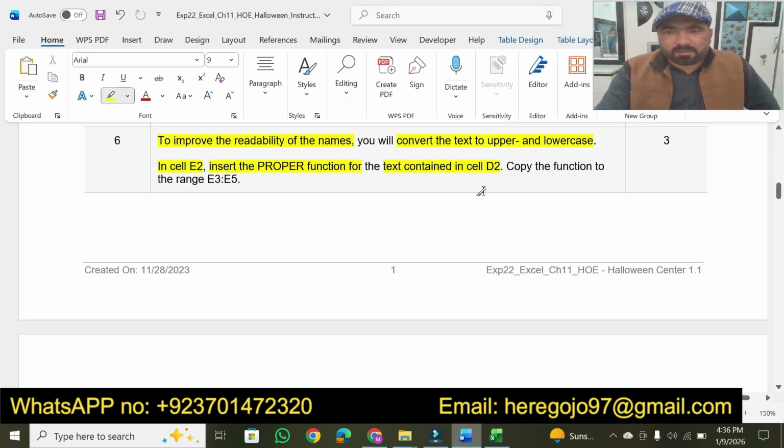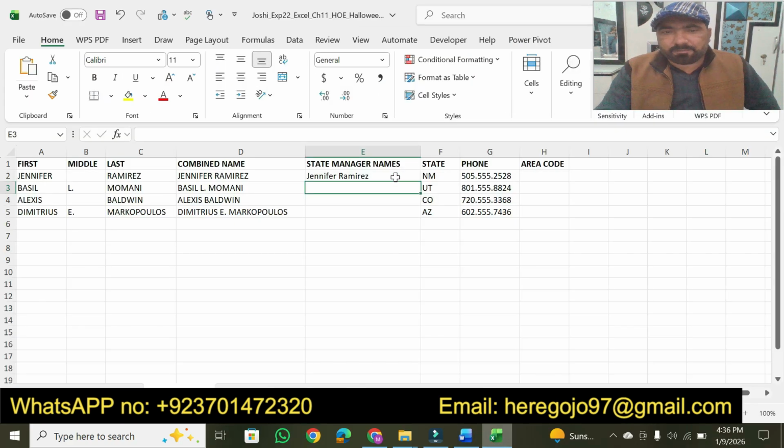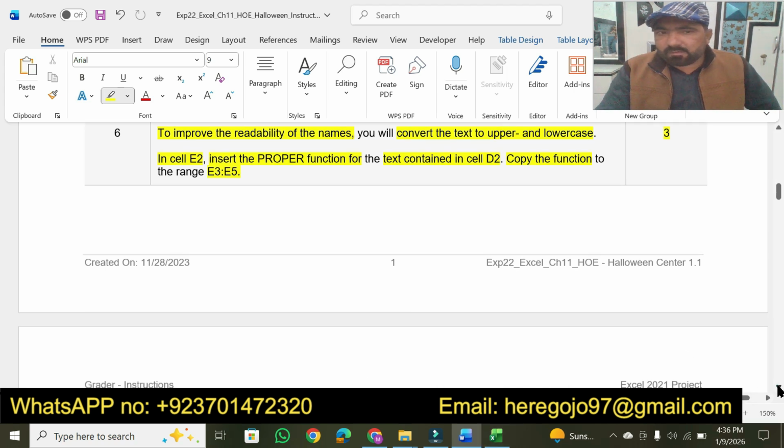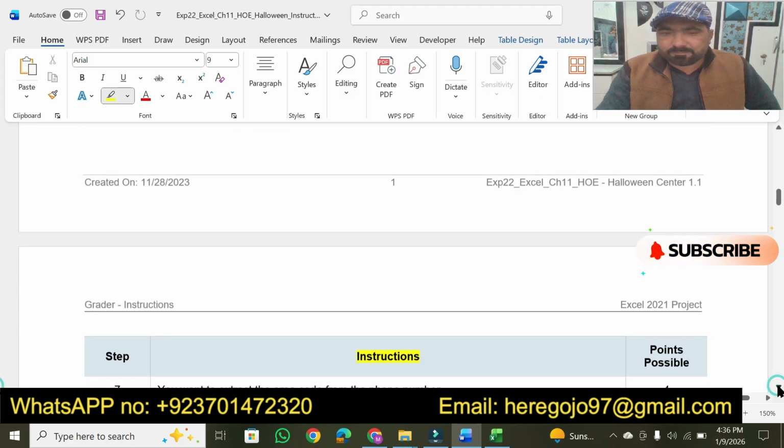Okay, then copy the function to the range E3 to E5. Now simply drag this down there and we get the result. Okay, so question number 6 is done and we have earned 3 marks from there. Okay, so now moving toward question number 7. After solving question number 6,